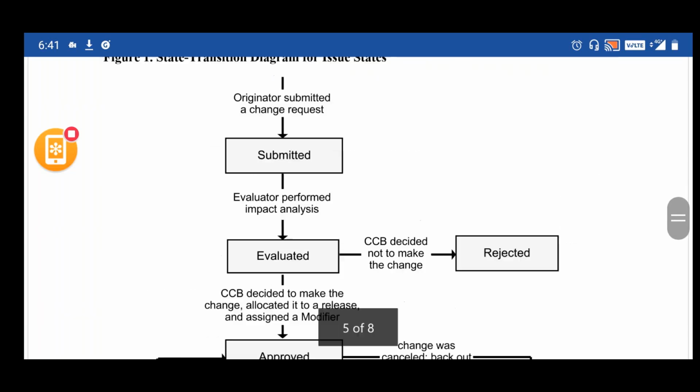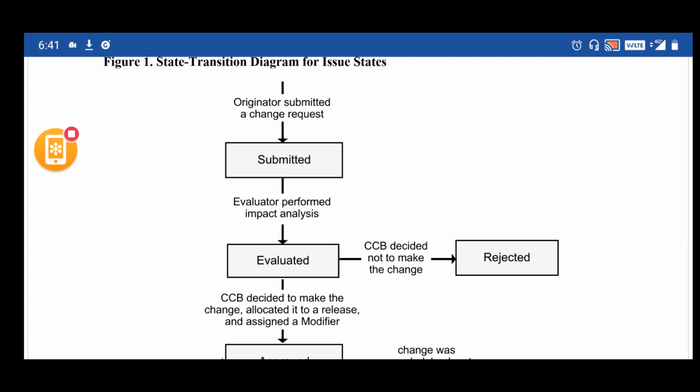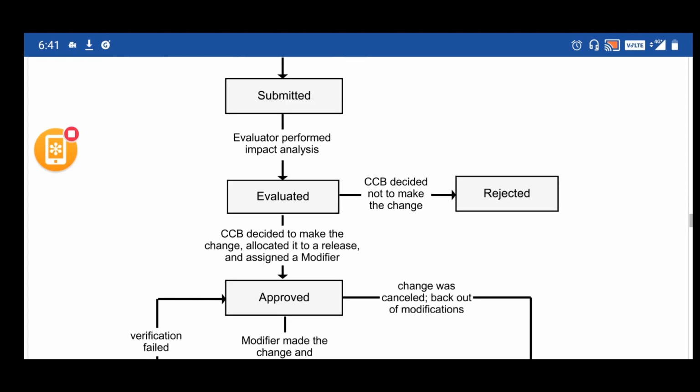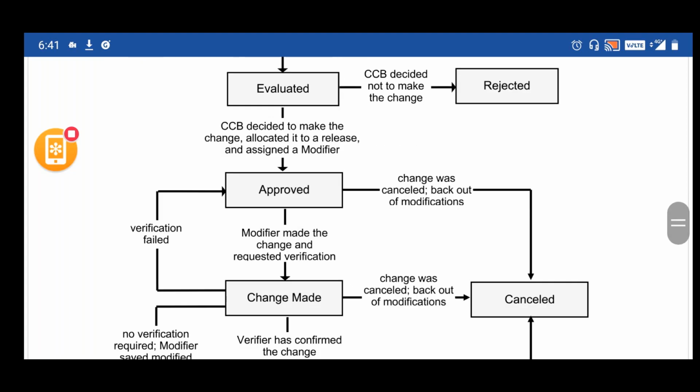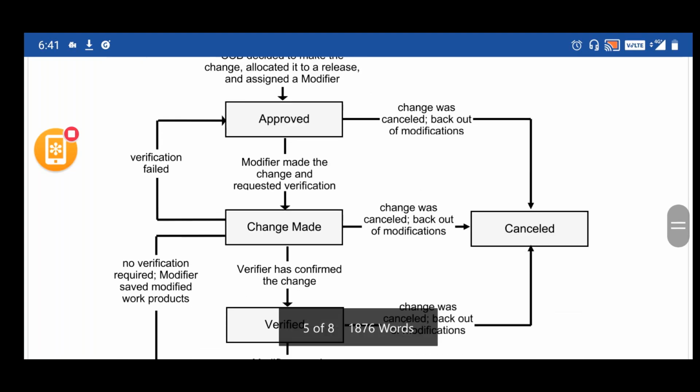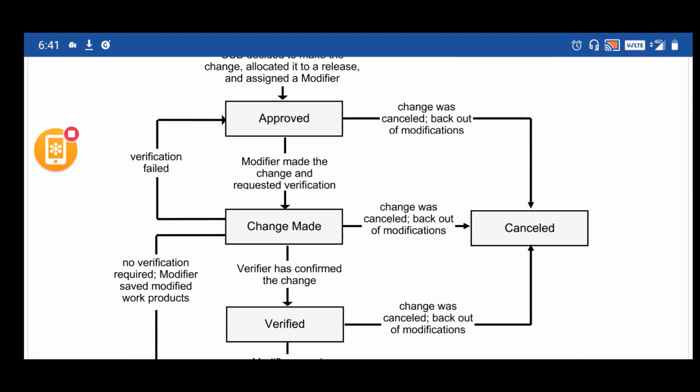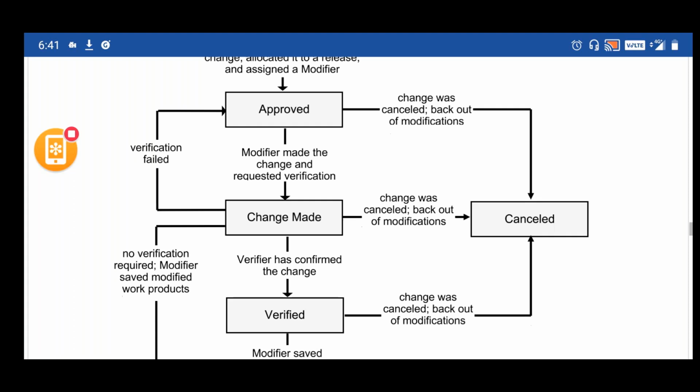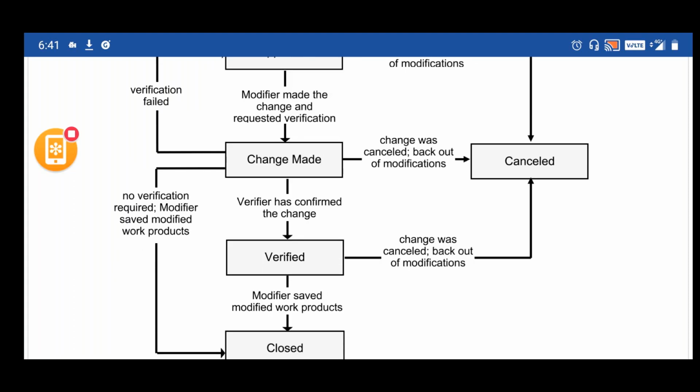The same things are here: submitted, then evaluated, then rejected, and if it is approved by the business, approved by the CCB team, it will go to the developer. The developer is going to make the code changes. That's when the status will be moved to the change made status. From there, it will go to a tester who is going to verify that change, and the status moves to verified.